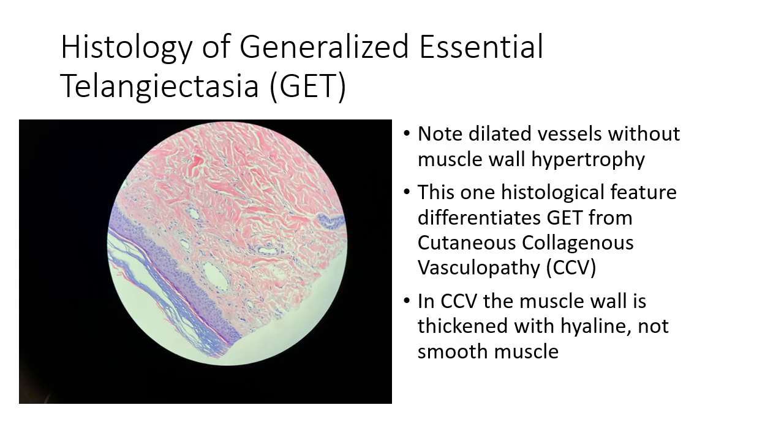There are numerous small venules present throughout the reticular dermis, right underneath the squamous epithelium. So this is a very characteristic pattern for GET. Now, sometimes, even histologically, it's very difficult to differentiate GET from CCV. In CCV, there have to be specialized stains that actually stain for hyaline. However, histologically, on an eosinophilic stain, you can make out that usually there's a thickened wall with CCV as compared to